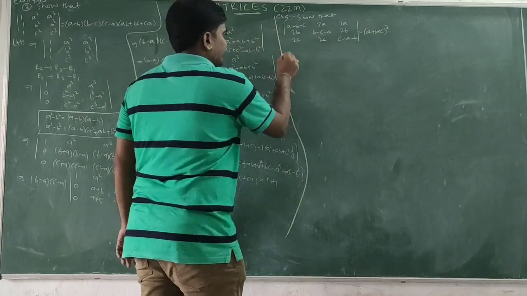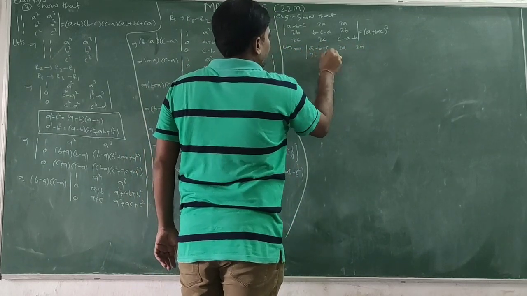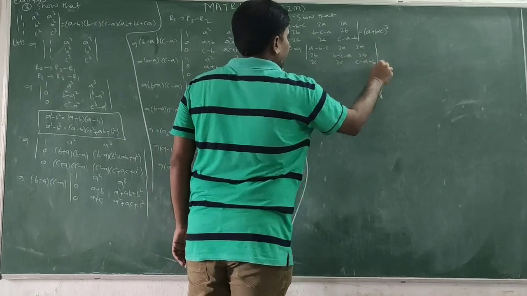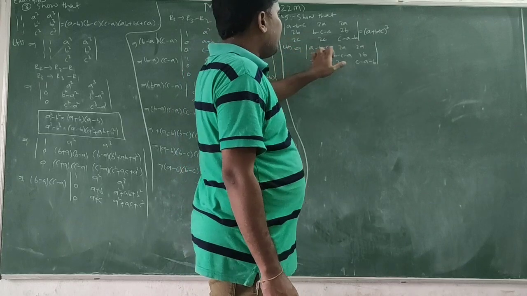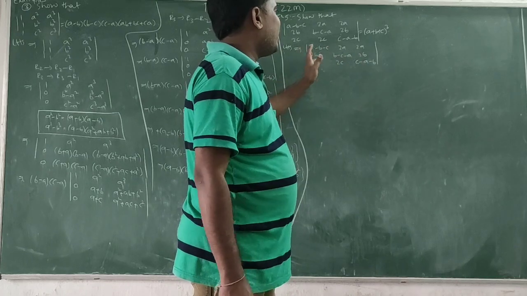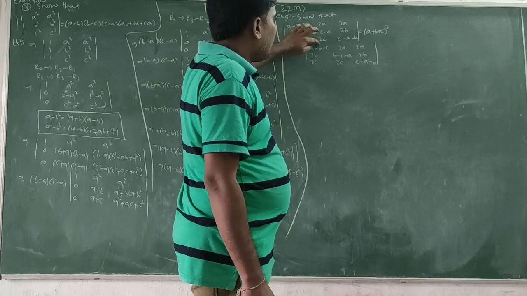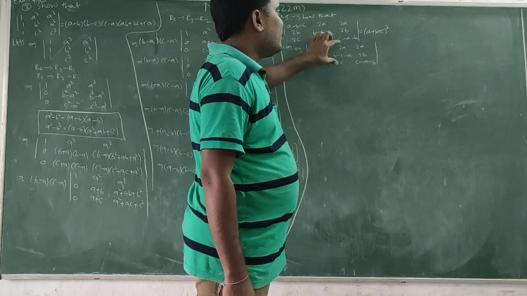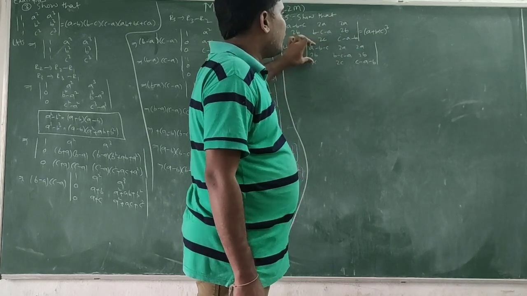So I am taking LHS: A minus B minus C, 2A, 2A, 2B, B minus C minus A, 2B, 2C, 2C, C minus A minus B. Okay, now if we are adding like this, A plus 2A plus 2A, 5A, 2B plus B plus 2B, 5B, like this, we won't get equal. If we are adding like this, minus B plus 2B plus B, minus C plus 2C plus C, overall we are getting A plus B plus C. This sum is also equal to A plus B plus C. This sum is also equal to A plus B plus C. So that's why we are adding like this.